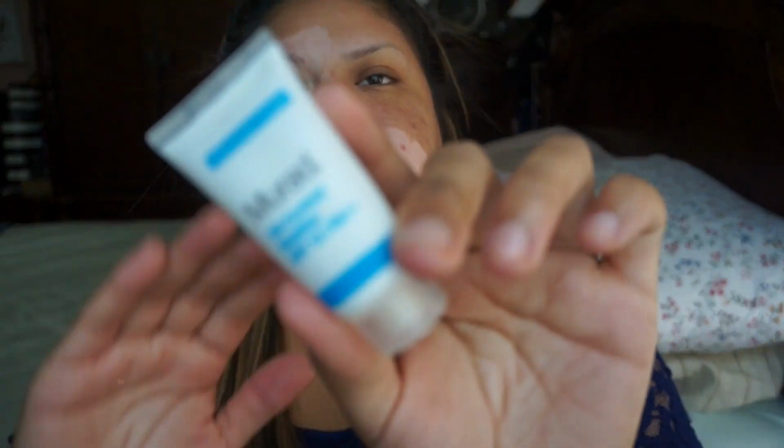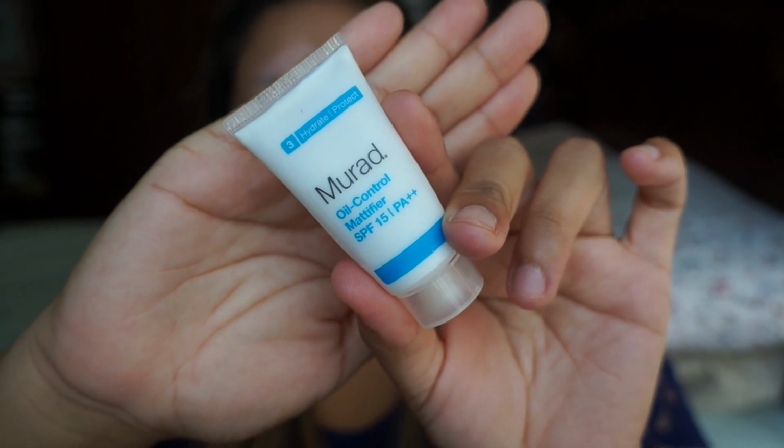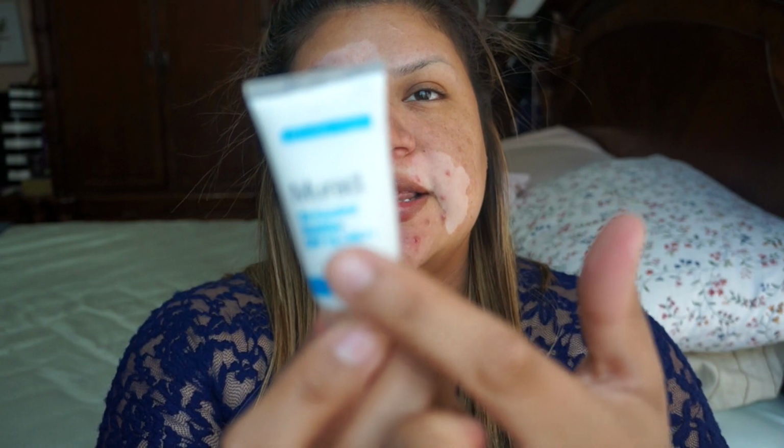I'm going to use this Murad oil control mattifier. I use kind of a lot of product to really make sure my skin is going to be mattified as possible and to look, you know, prepped before I put on such heavy makeup. And I also like that this has SPF in it. I do live in Florida and it's really hot, so I've been a little more cautious of putting SPF on my face before I go out because it's really hot and I'm very sun sensitive. So I put this in the areas first where I'm really oily, and then I'll just smooth it all over my face